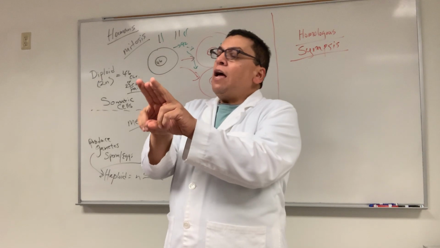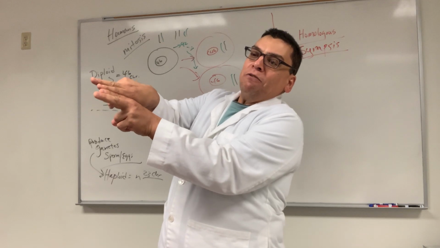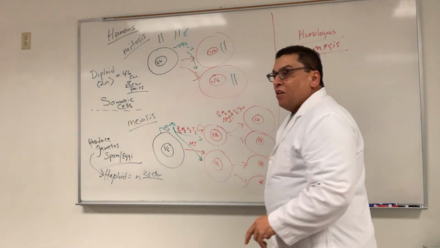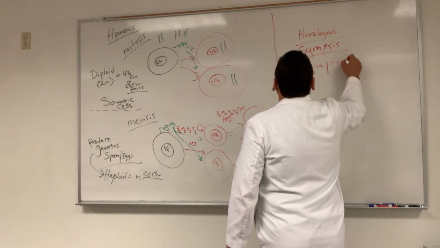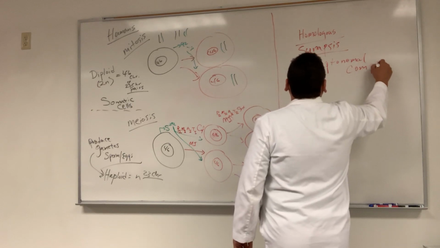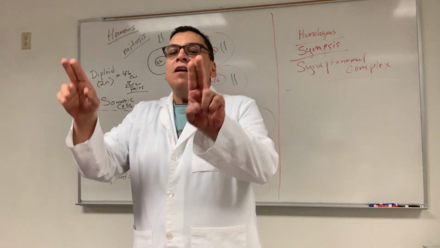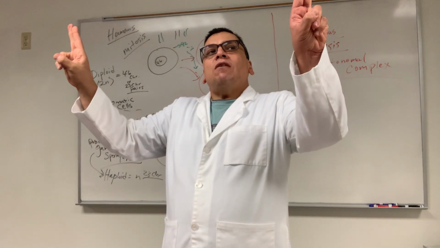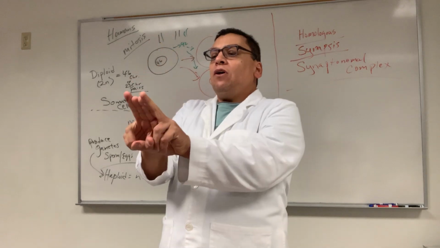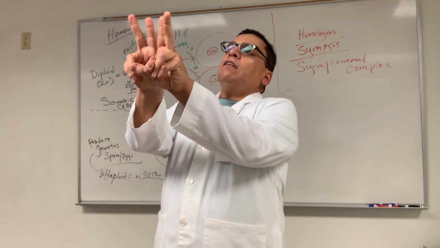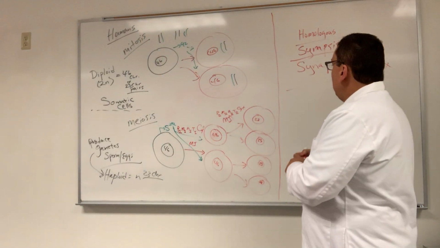Now, I don't make these words. I'm just a messenger. There's a name for the Velcro. It's called the synaptonemal complex. I guess it's close. So that's the Velcro. That's the sticky material. How's that? So when the 2 homologous chromosomes synapse and attach at the synaptonemal complex, look at what they form. They form 4 of them, right? That's called a tetrad. Tetra means 4. So they form a tetrad.